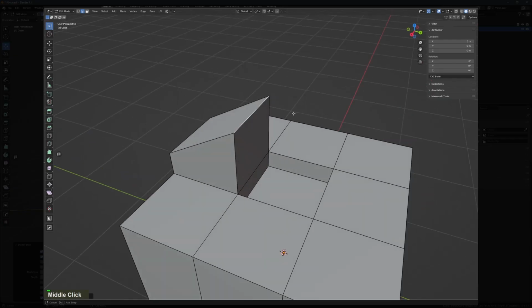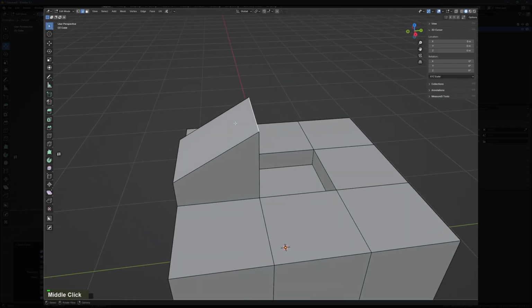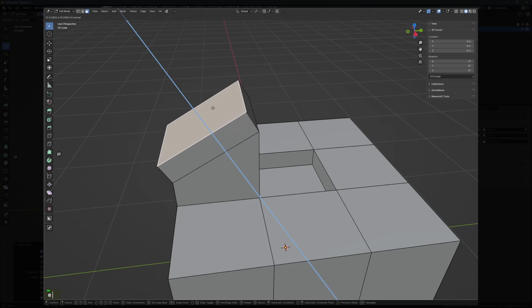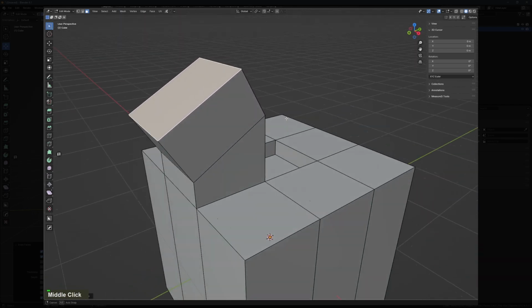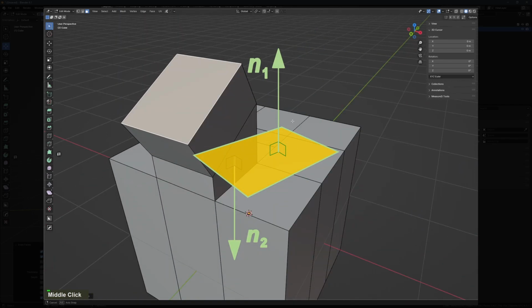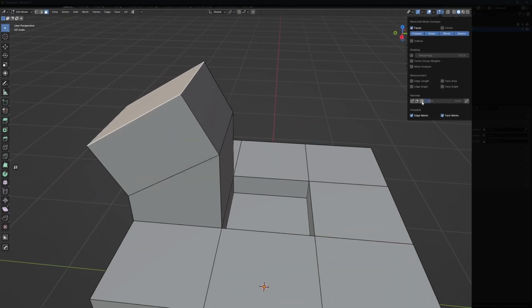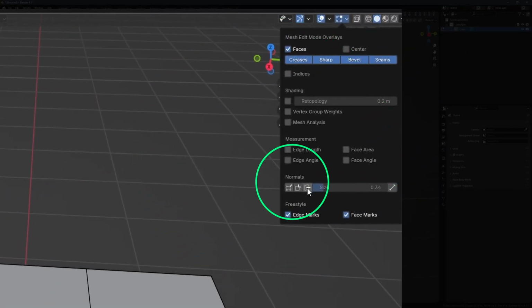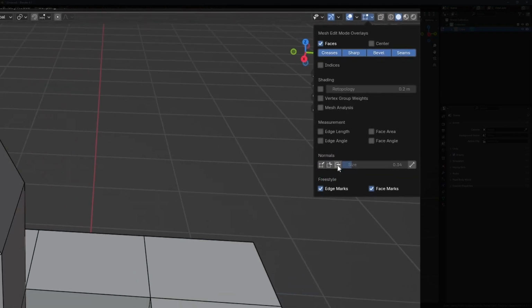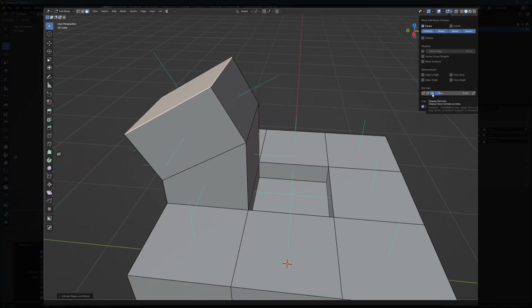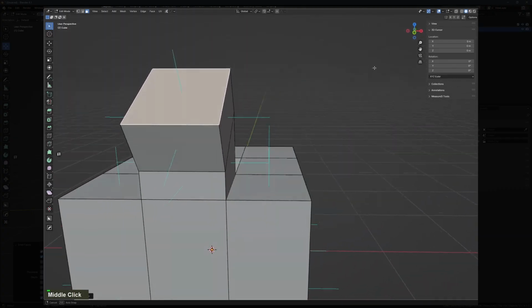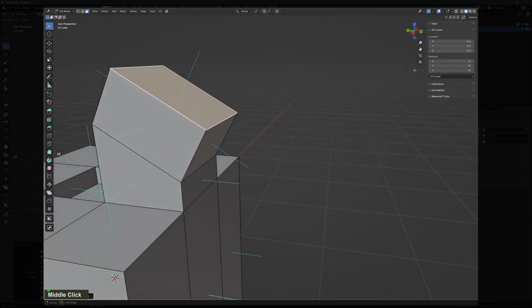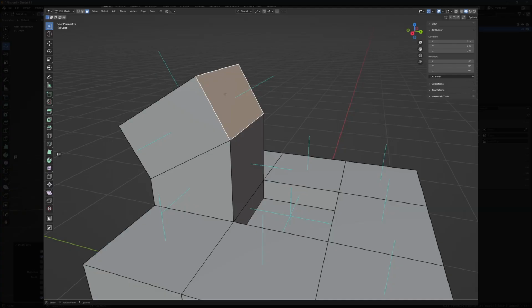Here I created a face not being coplanar with the XY plane. And if I select and extrude the face, we observe that it moves always in a right angle to the selection. The right angle is also called normal vector and all faces have their own. Blender can show those. If I open the Mesh Edit overlays, I can select Display Normals and every face will get a small line in its center indicating the normal. The extrude function will move along this line. For now it's good, but we will come back to the normals because there is more to it.